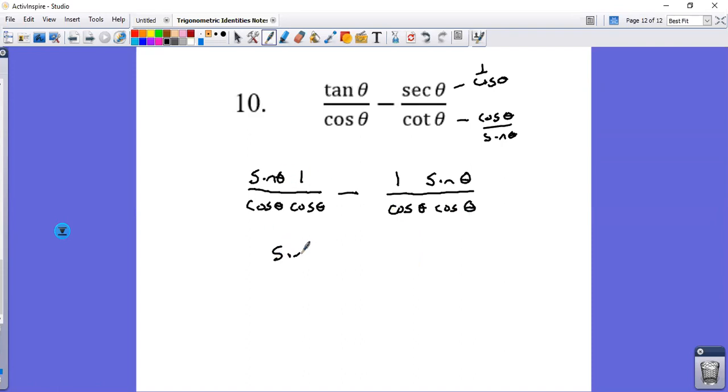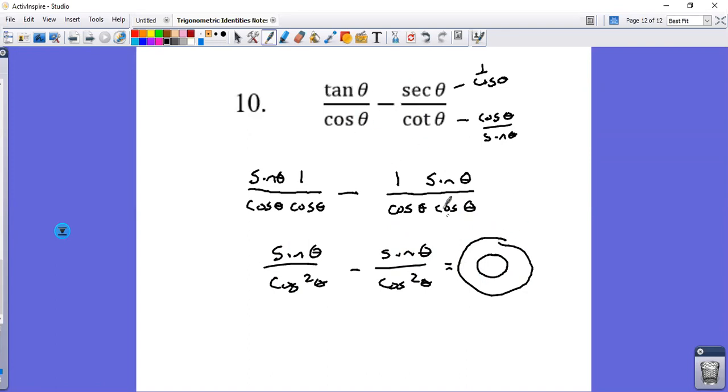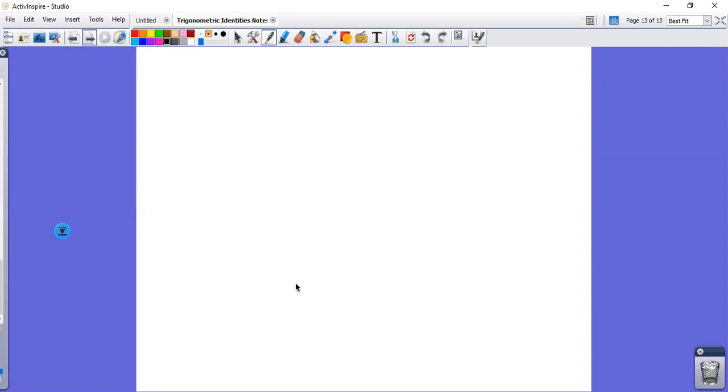So this is sine of theta over cosine squared theta minus sine of theta over cosine squared theta. Well, sine minus sine, like those are the same, right? You subtracted them, so that's 0. That just equals 0. Those two expressions are the same when you simplify them. So if you subtract them, you just get nothing. I think that's it. Yep. All right. So let's